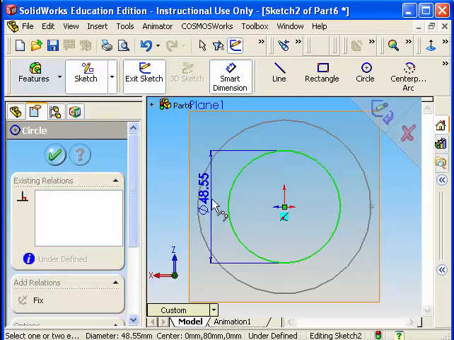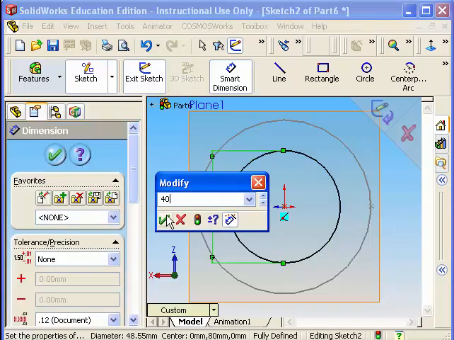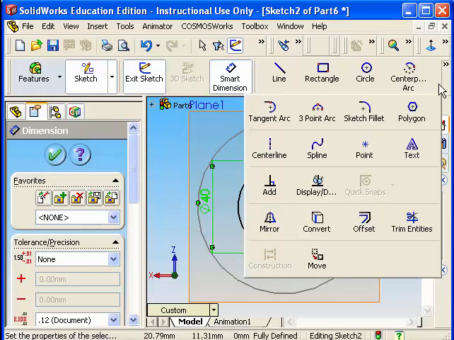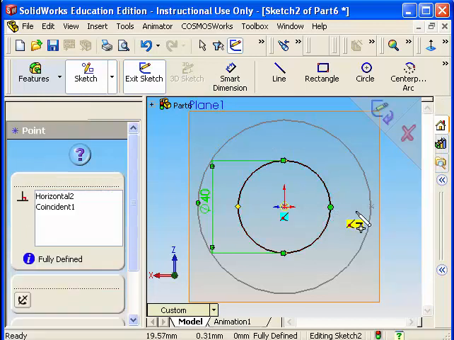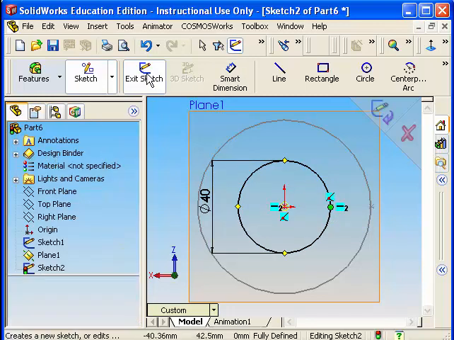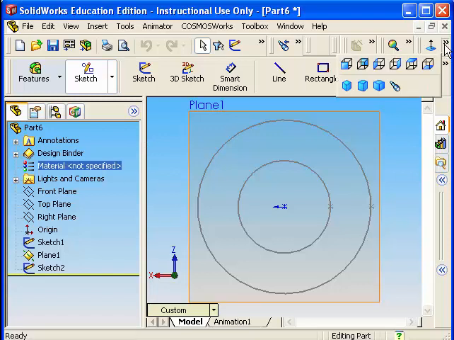And we shall, once the diameter 40 is on it, put a point on that circle in line with the other point that you can see. Originally we drew from the left hand side, now it's appearing on the right, so just have a look for where yours is. So I'll just pick point and just put it in the corner. You see the way it tracks out from the origin? So you can just put it on the little node on the quadrant. So just have the two of them in line. Once that's done, exit sketch, features,